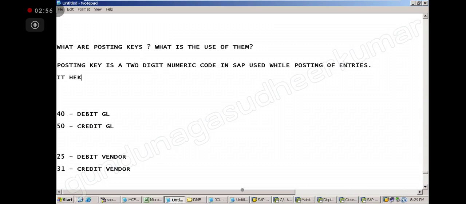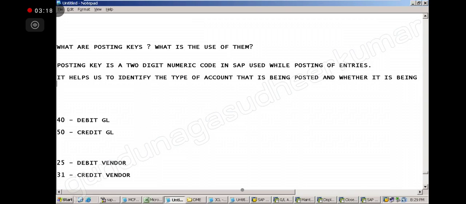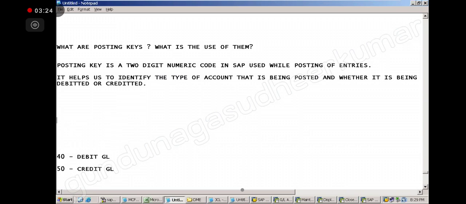It helps us to identify the type of account that is being posted and whether it is being debited or credited.